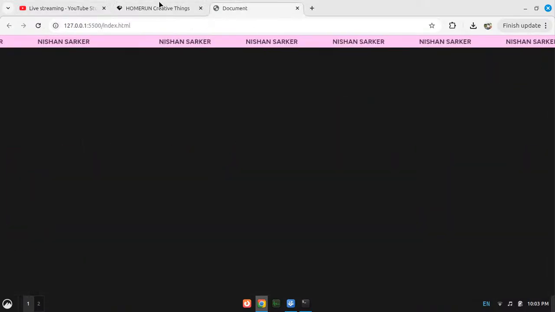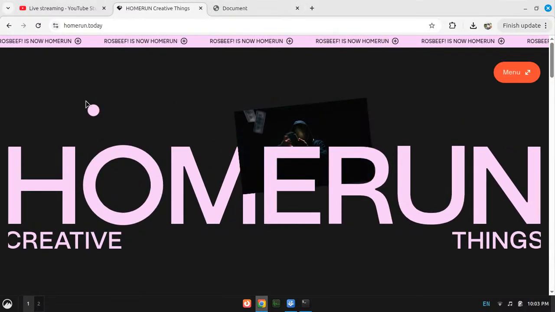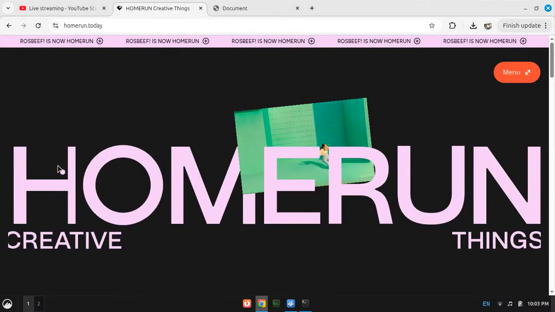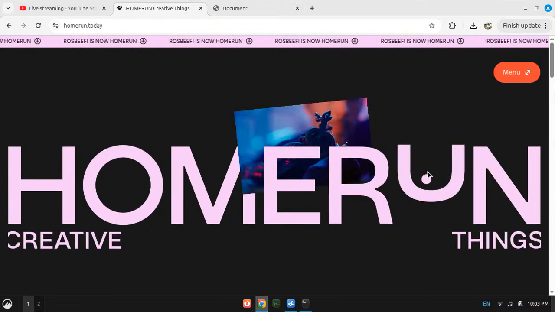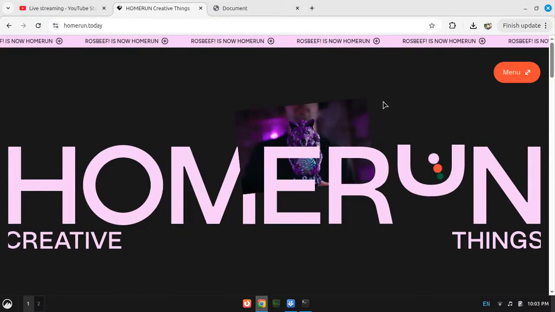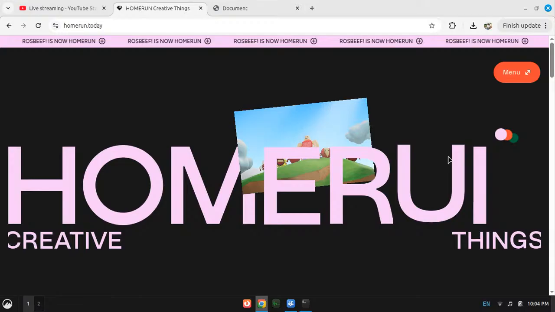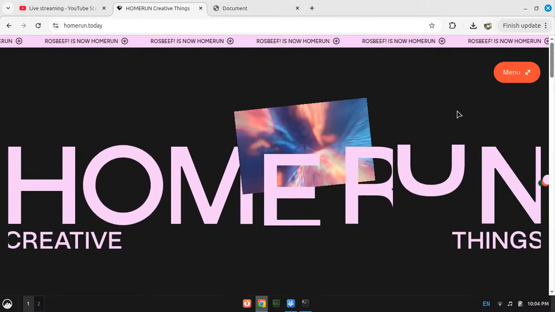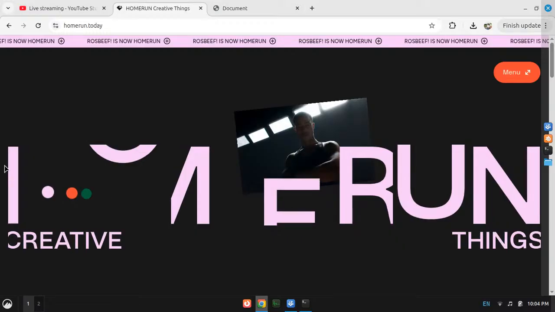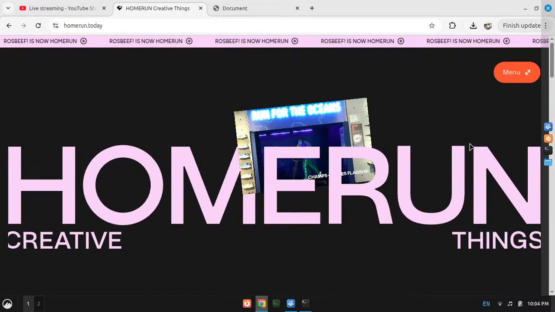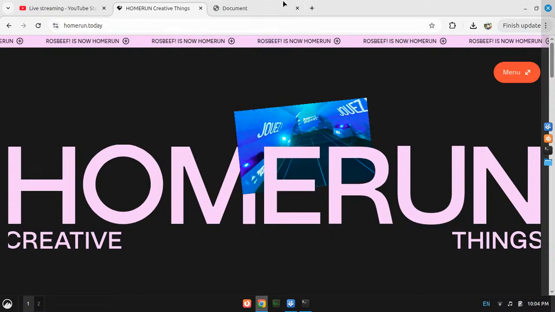So where are we? We need to get on this text, right? So what we need to do is get all of the letters in separate divs. Okay, got it? And then we can animate them to get that kind of a result. So what I will do is run a JavaScript loop to add the divs, and then the rest I will show you.